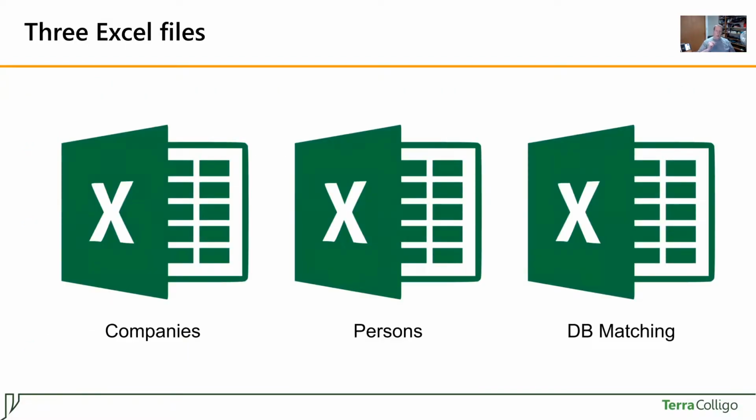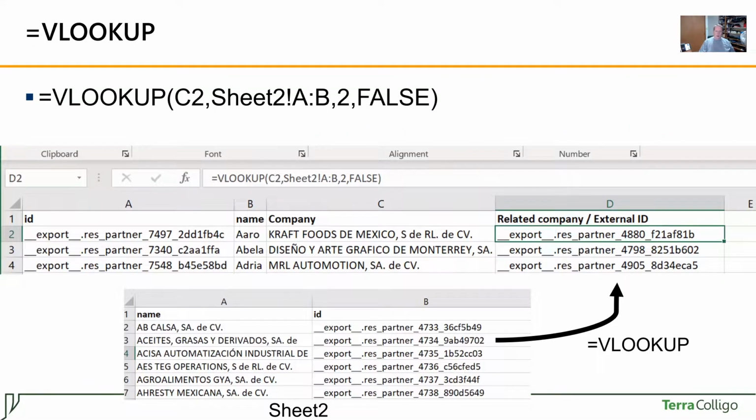The principle of how to get this done is that you need to have three Excel files. You need one Excel file for companies, a second Excel file for the persons, and then you need to do a database matching. The principle of the database matching is that you will first need to upload the